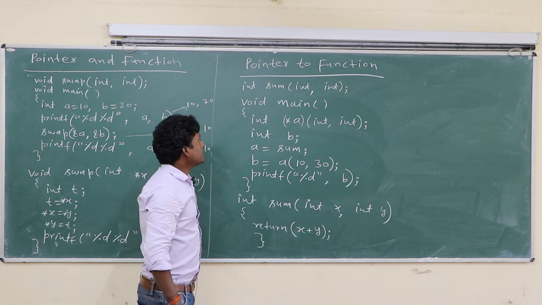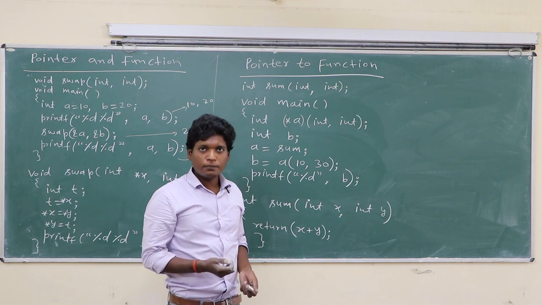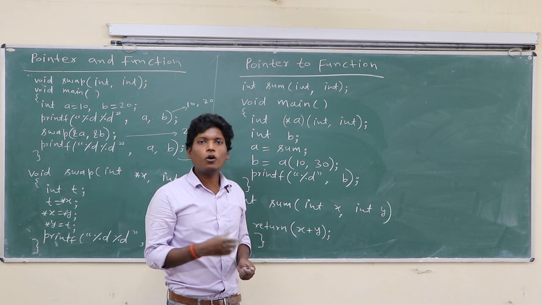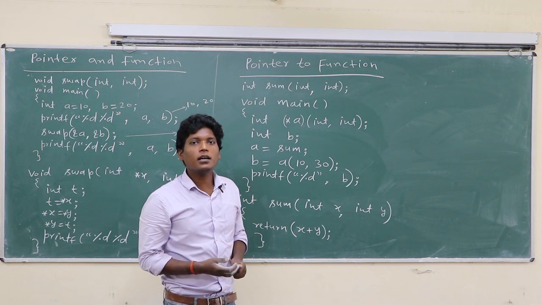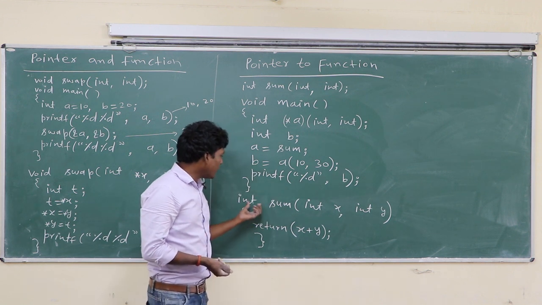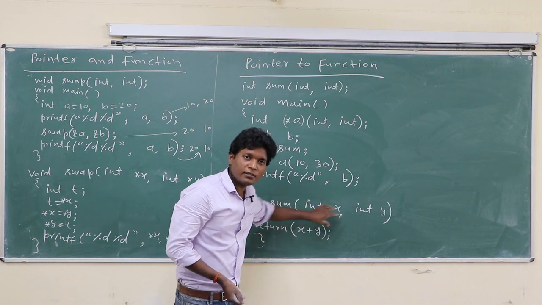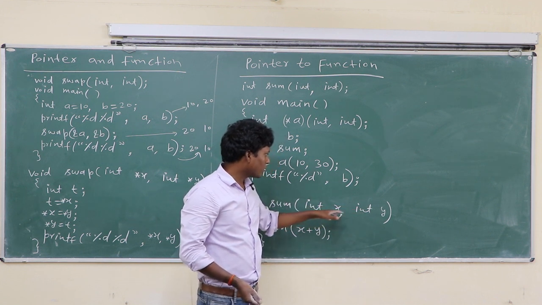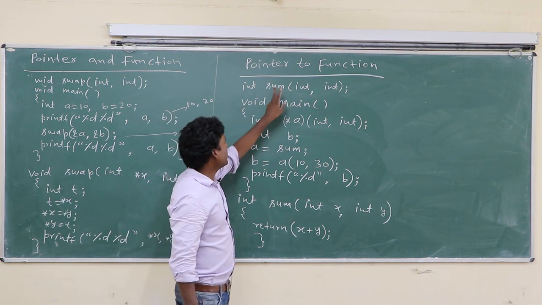Okay class, basically the function prototype declaration tells what the return type of the function is, whether the function takes arguments or not. If it takes arguments, then how many arguments, and what the types of the arguments are: integer, float, char. So here the return type is int, the function name is sum, and these are the argument types of the function, because there are two arguments, okay, and both arguments are integer type. So class, this is the function prototype declaration.